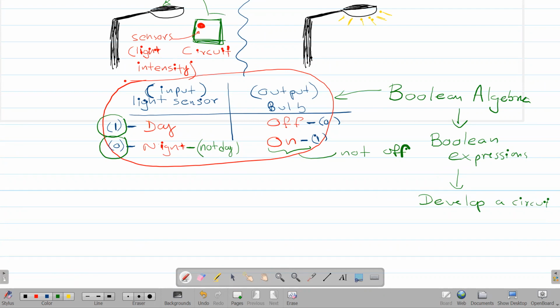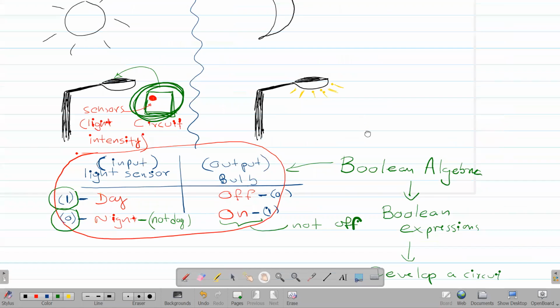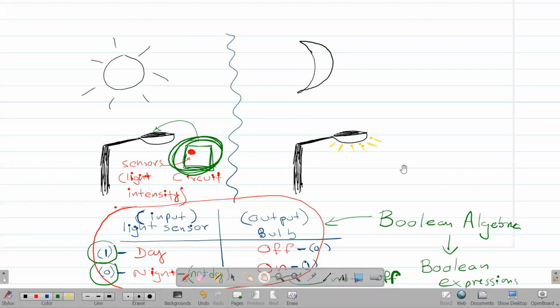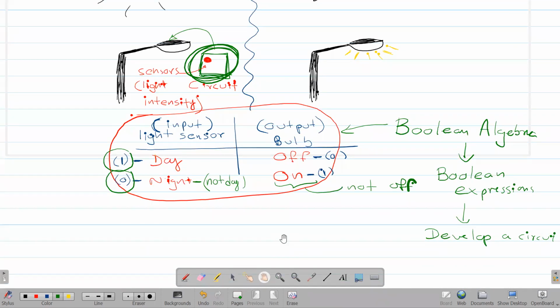What is the circuit? The circuit that we are talking about here, right? The way they figure out what kind of circuit should be included in this particular bulb or lighting system is by analyzing the states that can happen with the bulb. And then when they are developing the circuit, they are developing it inside an IC,